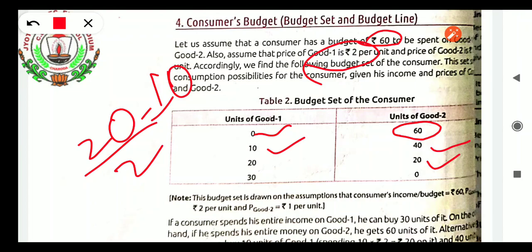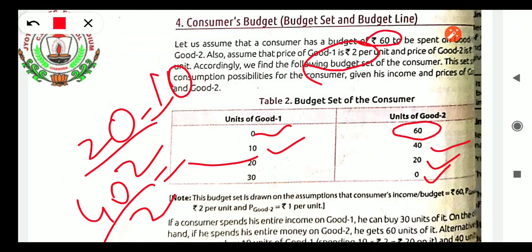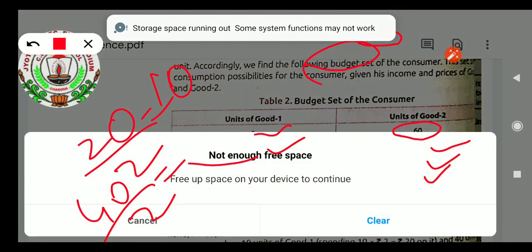Okay, and the rest of the amount is 40 rupees. 40 divided by 2, how many units do we get? 20. So 20 units we can consume of good 1. Here if we are not consuming anything, that is 0 units of good 2, so how much we are